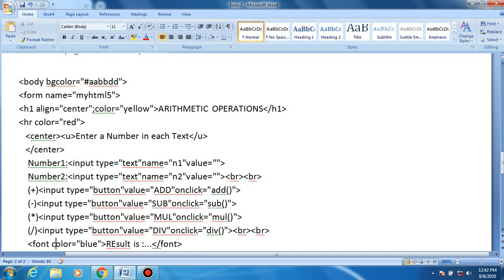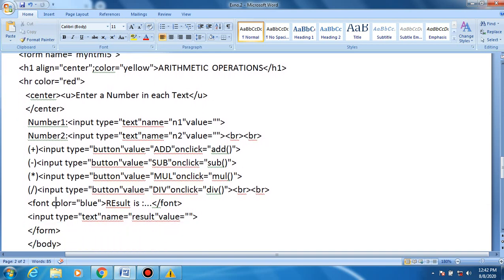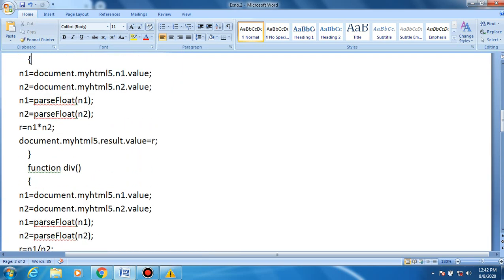These 4 buttons perform 4 different operations when clicked. So here input type button add, onclick add operation, which calls the add function discussed earlier.